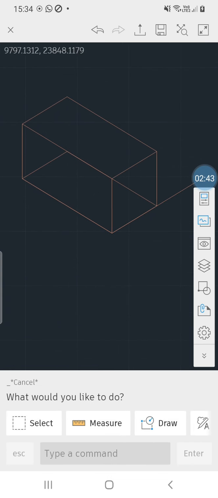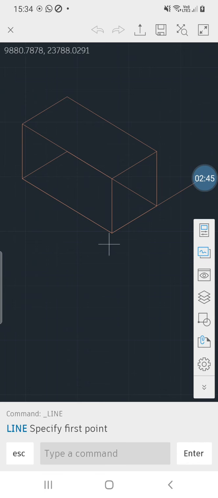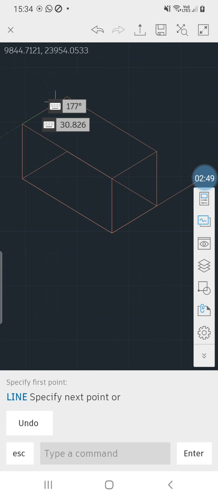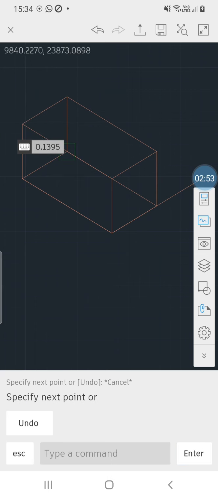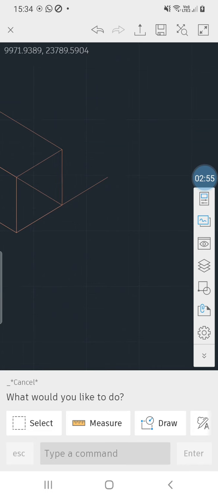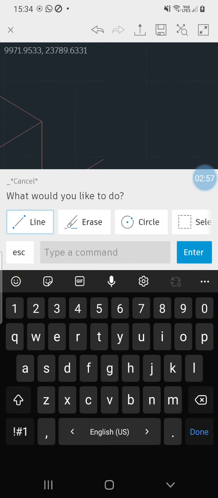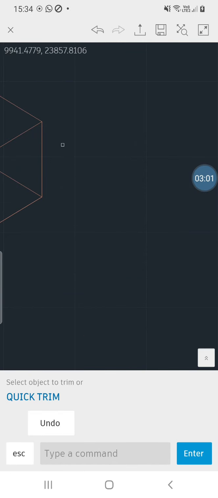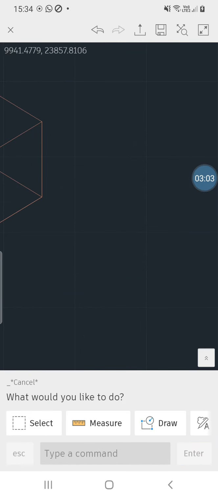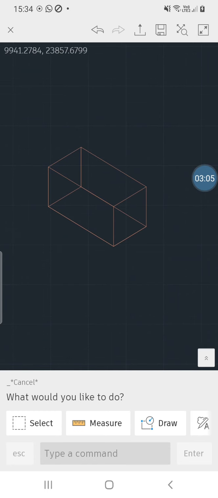We require one vertical line to be drawn. So click on the line command and draw this particular vertical line up to the corner point, like this. Whatever excess part is there, we have to trim it. So activate your trim command by using TR, quick trim, and move your cursor like this and escape. So this is your 3D box, ready now. So you can easily draw the diagram over here also. One by one we're going to see how we can draw the diagram over here.